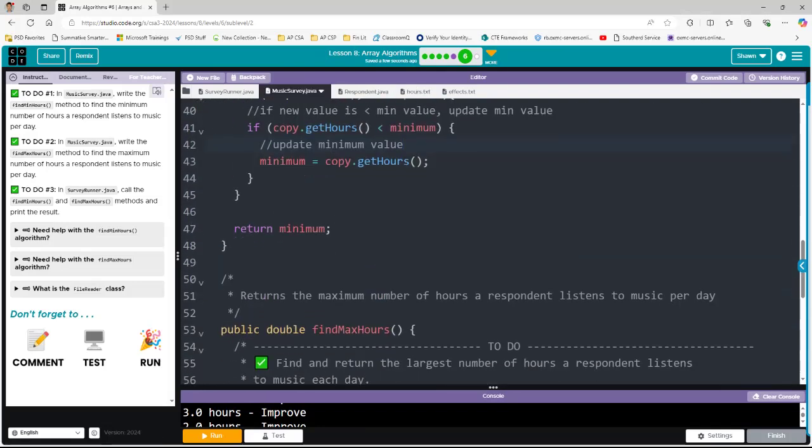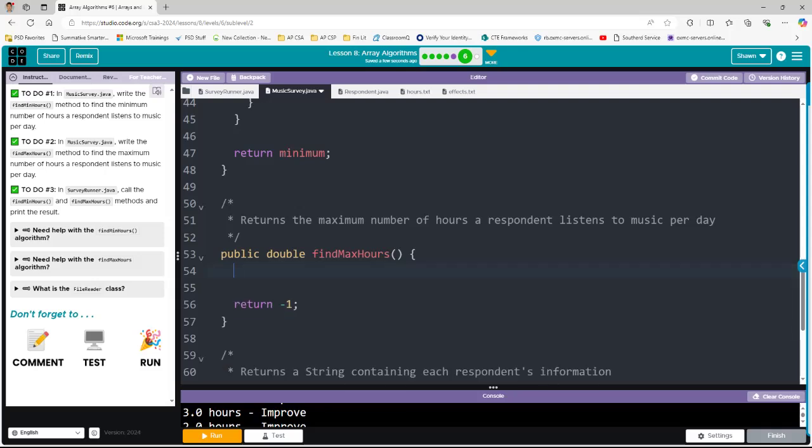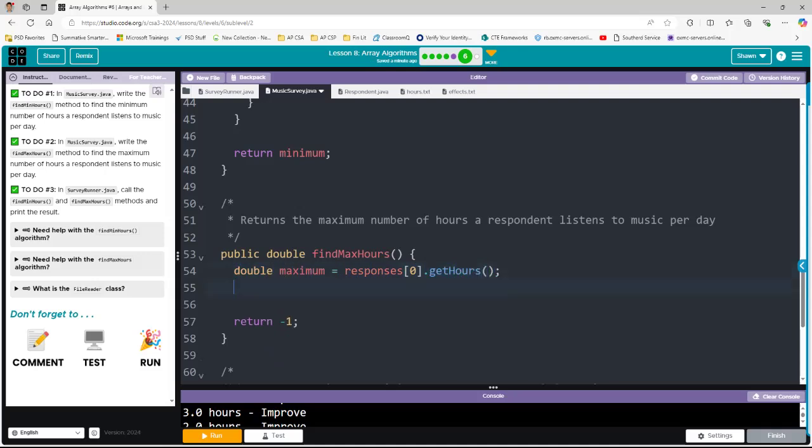Okay. So now for find maximum hours, we're going to do the exact same thing, basically. So you could almost copy and paste it. I'm going to make a maximum value, set it equal to my responses array list dot get hours, right? There we go. So this will be the exact same. And then I'm going to run the enhanced for loop. So we're going to do respondent and just call it new responses. So for each element of responses, I'm going to run it into the 1D array called new responses. And we're going to use the if statement to evaluate, hey, is that maximum value